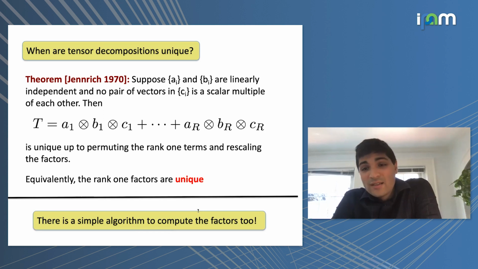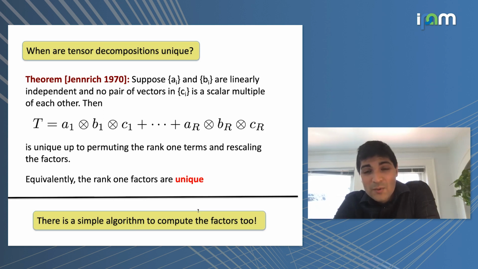And one of the funny things, as I alluded to, is that this algorithm seems to have been somewhat forgotten in the literature. So Jennrich's algorithm, at some point I got kind of obsessed with trying to figure out historically where this algorithm first appeared. And eventually I traced it to the 1970s, where it appeared in a paper of Harshman, and it was credited to someone named Dr. Robert Jennrich.